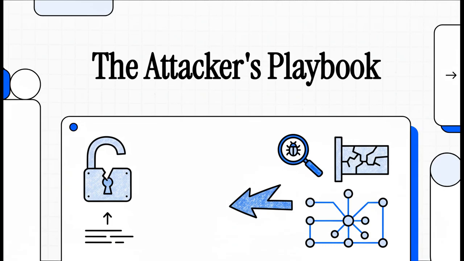Have you ever actually wondered how a hacker gets into a network? Not the movie version, but how it really works. Well, today we're opening up their playbook. We're going to walk through the whole thing, step by step, from just guessing a password all the way to